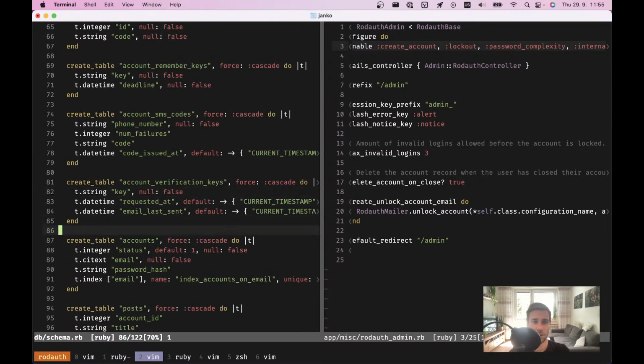So the Devise Sorcery way is to create a new table, which would be admins, which has all of the same columns, and basically this way you achieve separation in the database, but you are duplicating your schema. And that means that if you want to perform the same action across multiple account types,